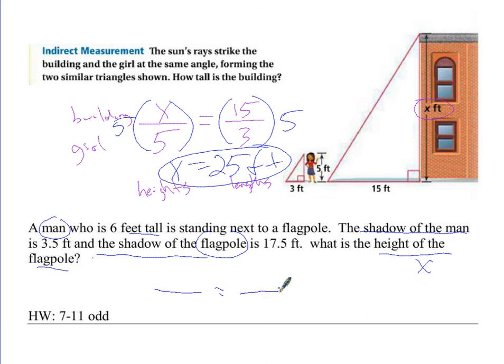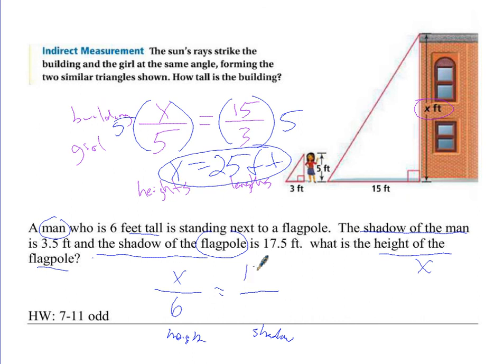Set up your proportion and just start placing numbers. What should I put here? Okay, I heard x over 6. So x would be the height of the flagpole. 6 would be the height of the man. So on this side, I'm talking about height. Which means on this side, I better be talking about the shadow. On top, I was talking about the height of the flagpole. So that means over here, I better be talking about the length of the shadow. So what is the